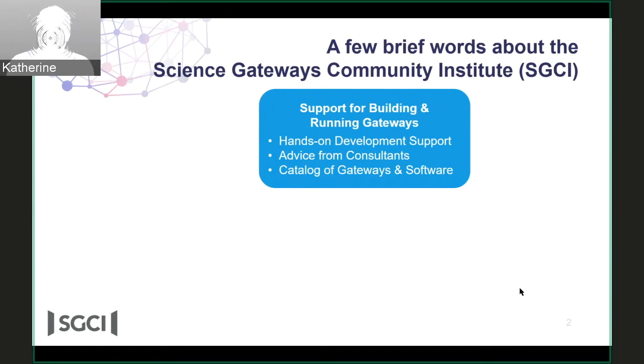We not only provide consultants who can do hands-on development, as well as provide advice on various topics that are very specific to gateways, such as cybersecurity and sustainability, but we also have a catalog where gateways can promote their own products and projects, as well as find software, such as this item in our series, to use to build gateways.